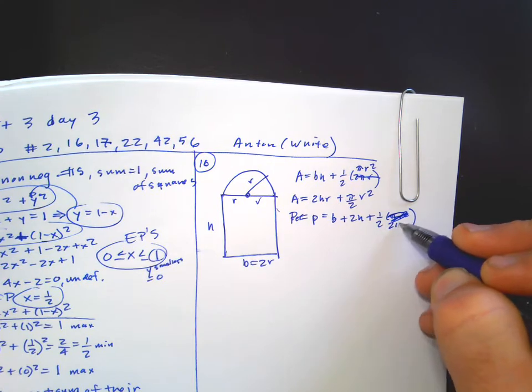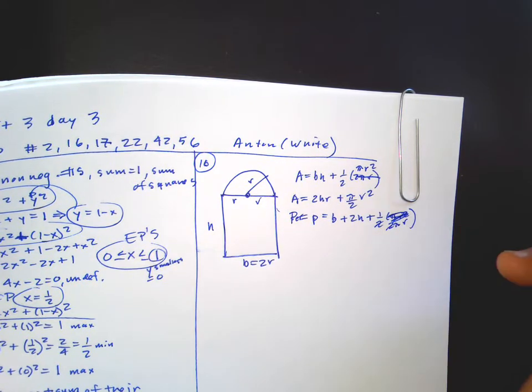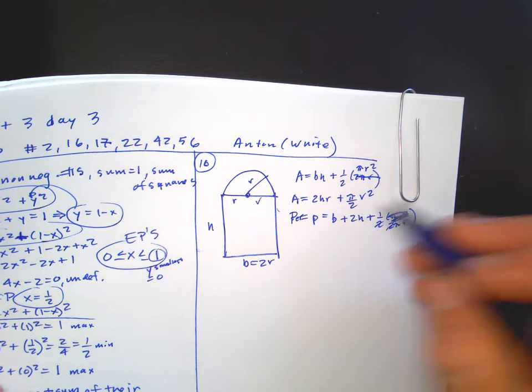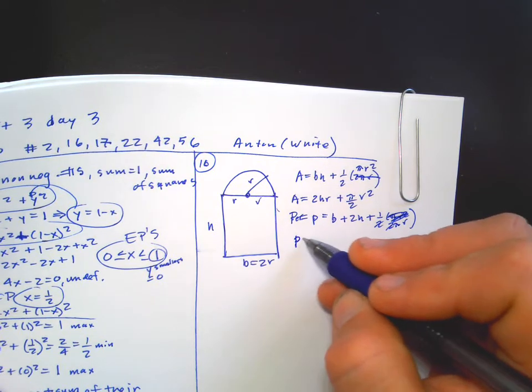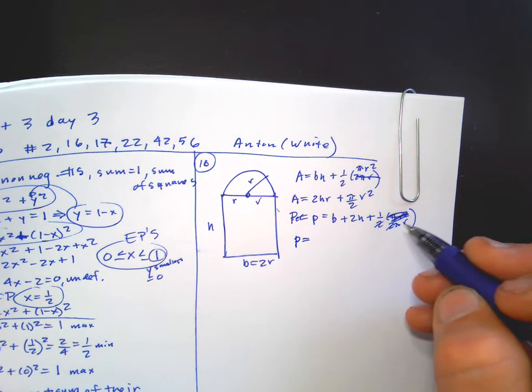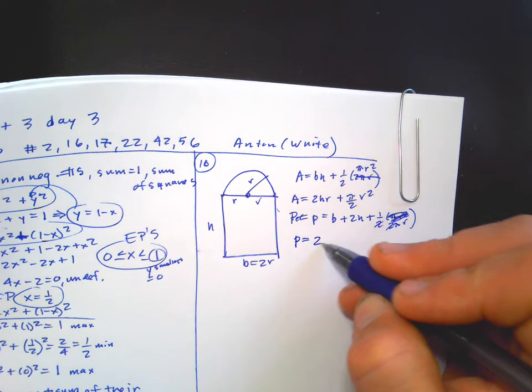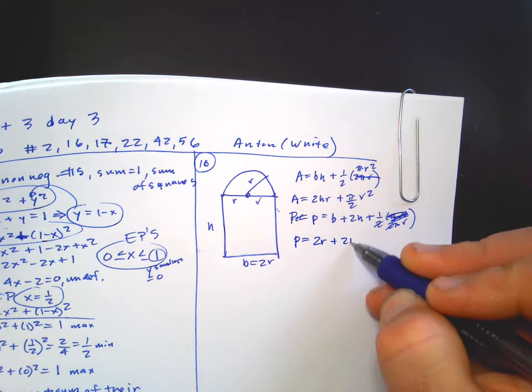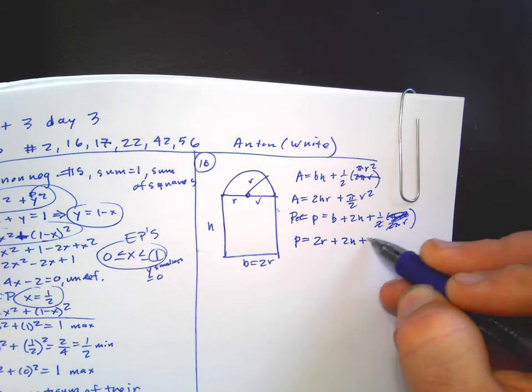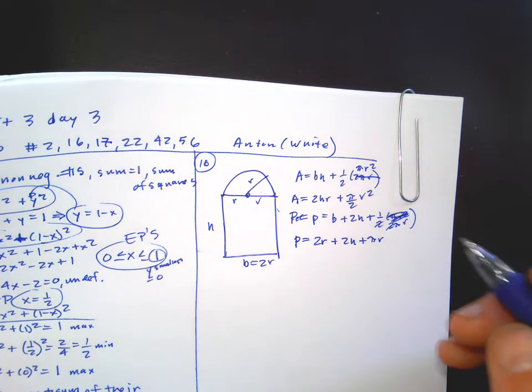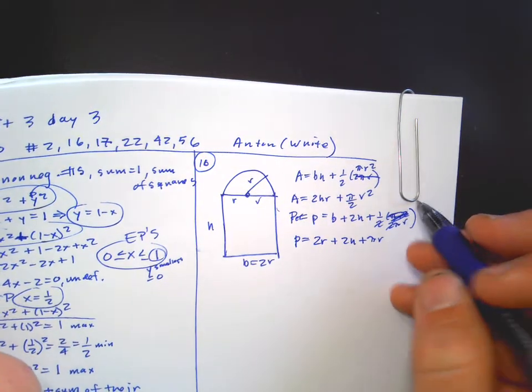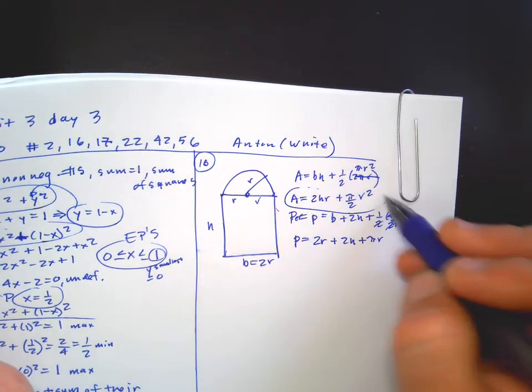Circumference 2 pi r. Keep making mistakes. So the halves cancel that out, and we replace b with 2r. So the perimeter P equals 2r plus 2h plus pi r. So I guess we want to get our area formula in terms of one variable, and we have this